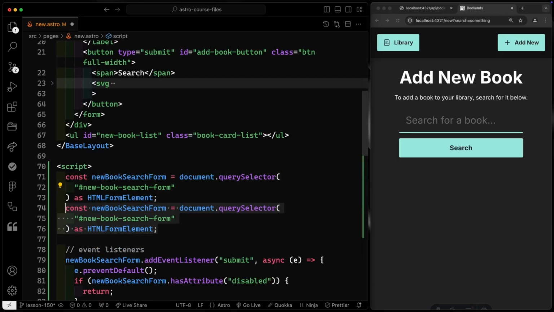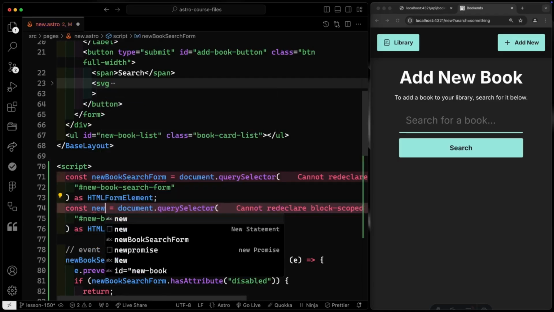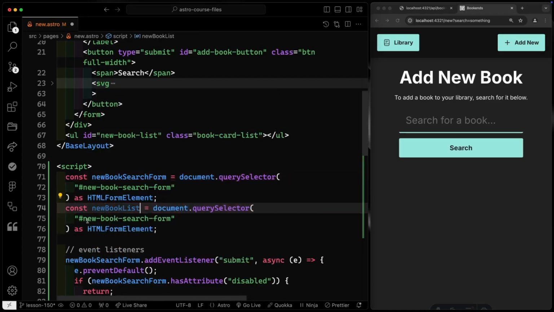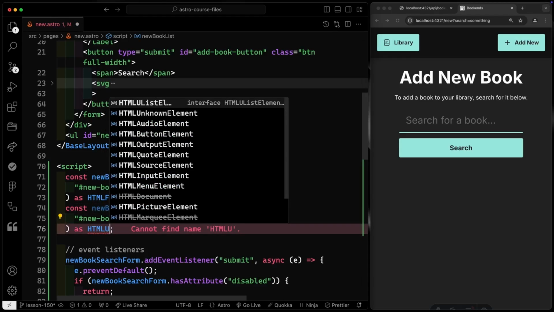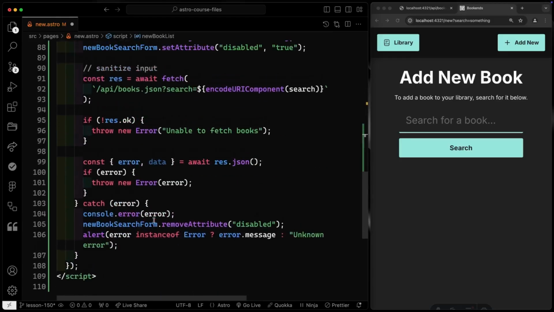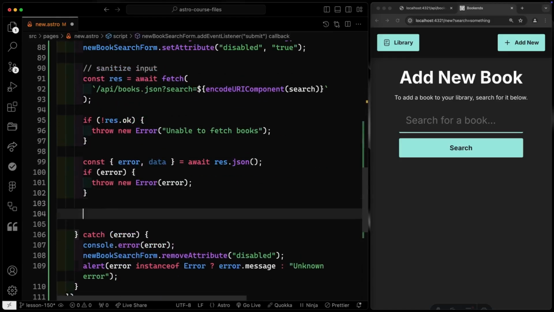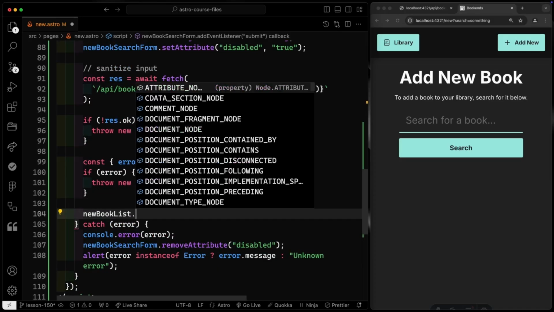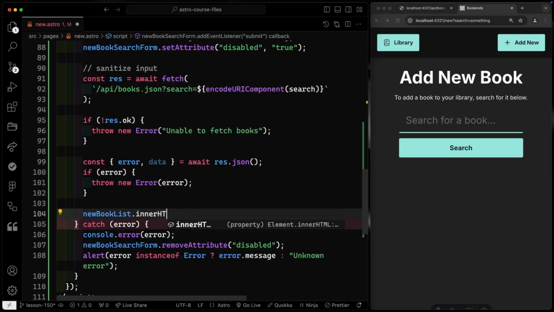So I'm going to go ahead and copy this down right here. We're going to call this new book list. And then here, again, just swap this out and we'll call this HTML UL list element. All right, so in this new book list, now I want to insert the HTML here. So we'll come in here, say the new book list dot innerHTML. Again, you definitely want to make sure you sanitize this, but let's go ahead and grab the data.map